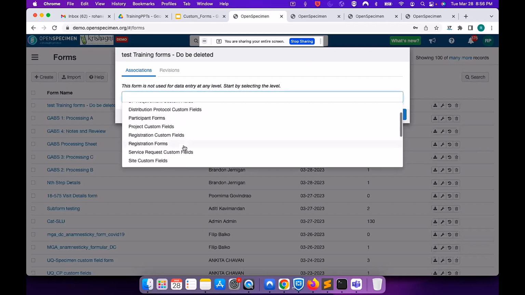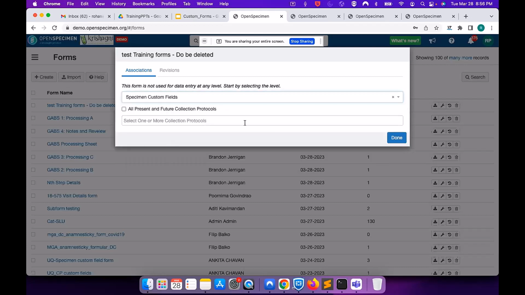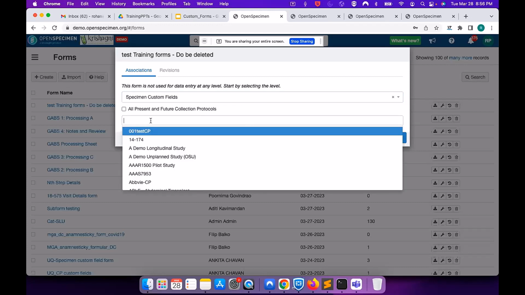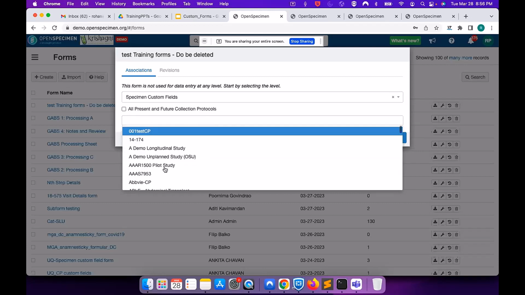So let us say specimen custom fields, and you can select which collection protocols are going to use it. So you will get the entire list of collection protocols over here. In case you want to attach it to only one specific, you can select that. For example,